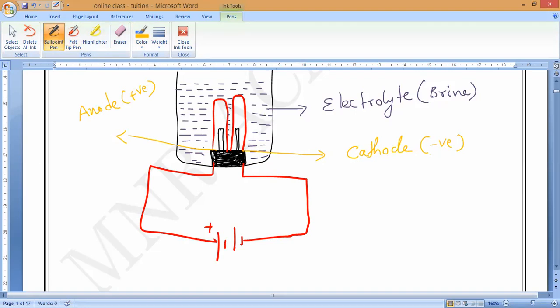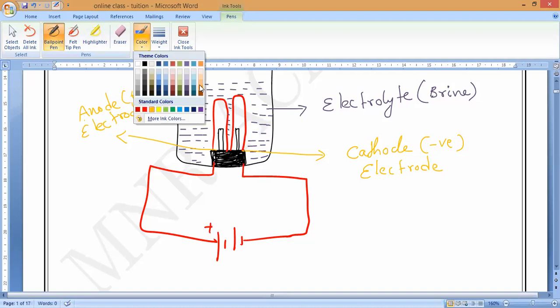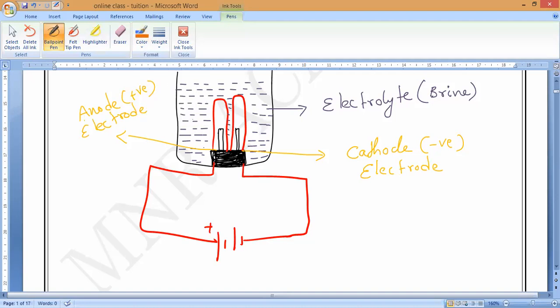So what are these all called? Electrodes. It is also called an electrode only. So this is the positive electrode, and this is called the negative electrode. Clear, guys? Any doubt? Now, if I pass the electricity,